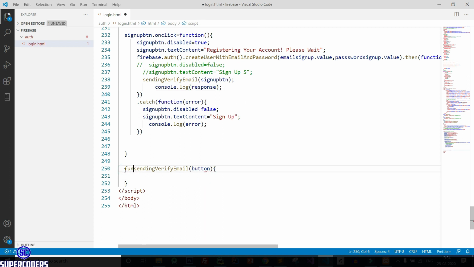Let's create the function, save this, and here first sending email verification.